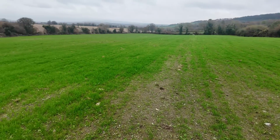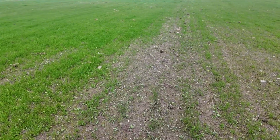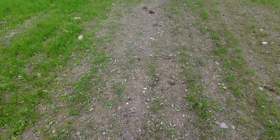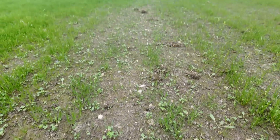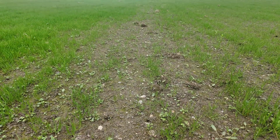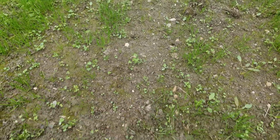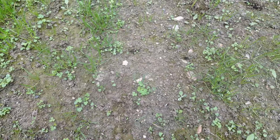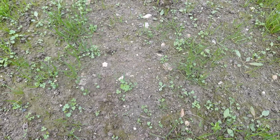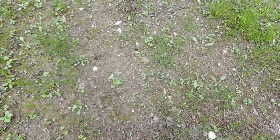So just looking across the field, there's a good cover enough, and then patches like what I'm talking about here. I just hand spread that there, and you can see, well, I don't know whether the camera will pick it up now or not, but the small grass coming through, the young grass, so it should come on fairly well. Even the clover there is in it good and well. Probably the clover spread a bit better than the hayseed did, but look,